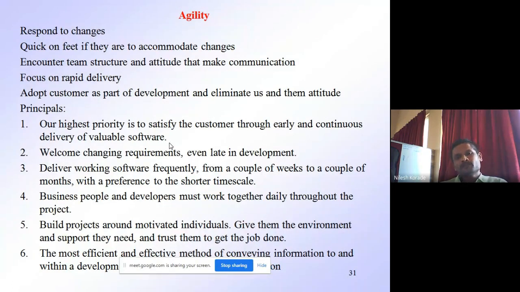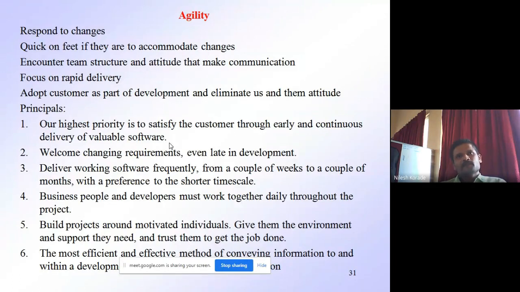Whenever you continuously deliver a prototype to your customer, the customer is able to evaluate your product. That's why the agile principle says that our highest priority is to satisfy your customer through early and continuous delivery of the software that we are building. So we will deliver our product by weeks or by month.